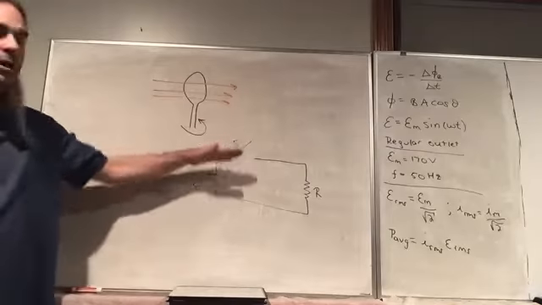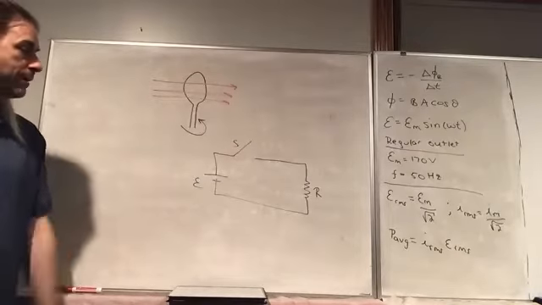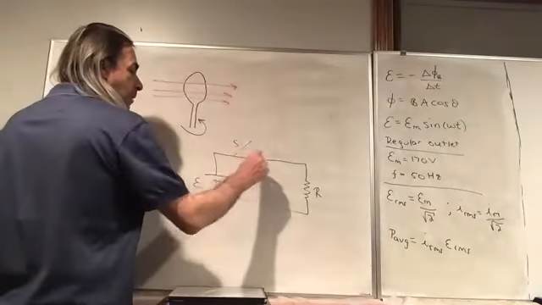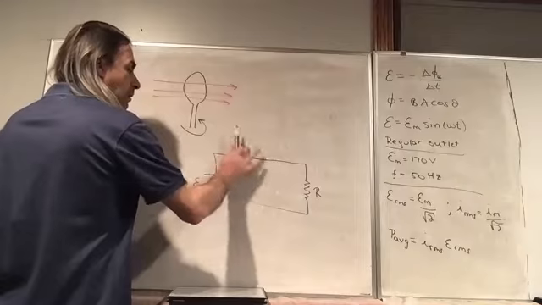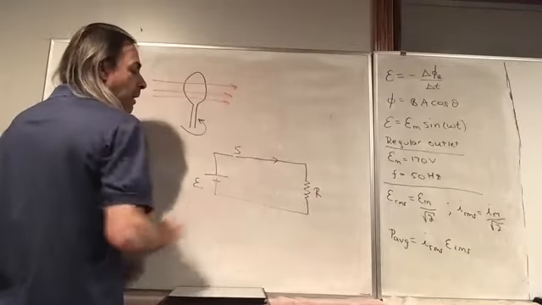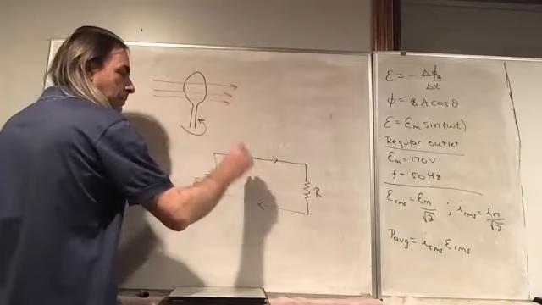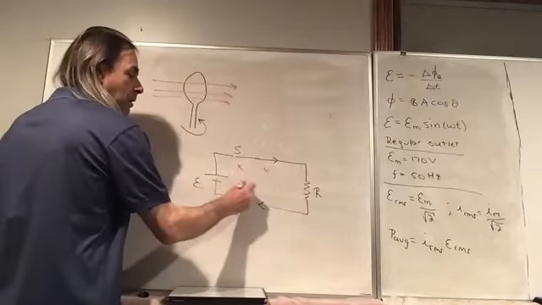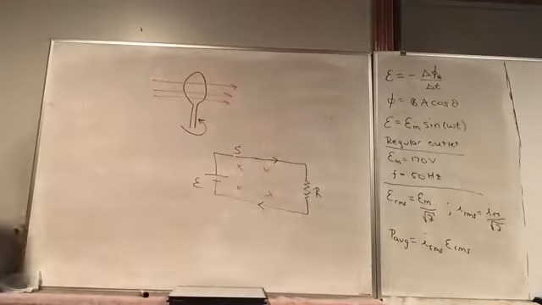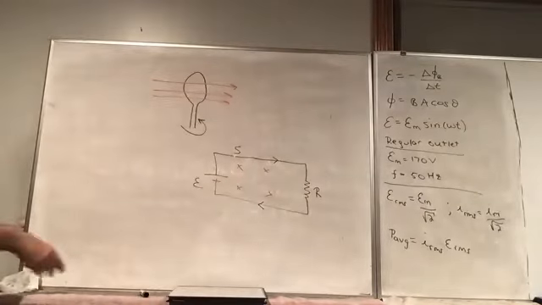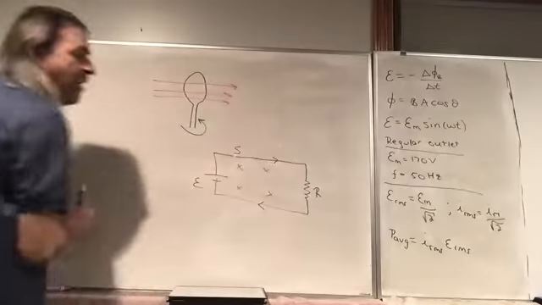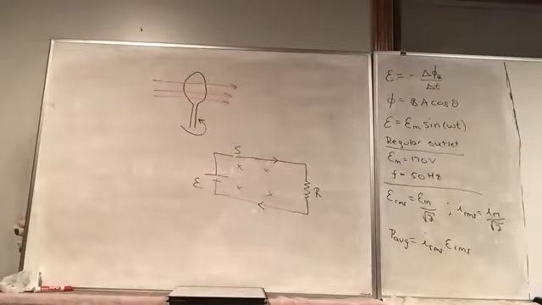So, we know if we close the switch, we're going to get a current. That current will be going clockwise. And this clockwise current will create a flux into the board. And so there is a changing flux in this circuit. So by Faraday's law, there'd be a back EMF